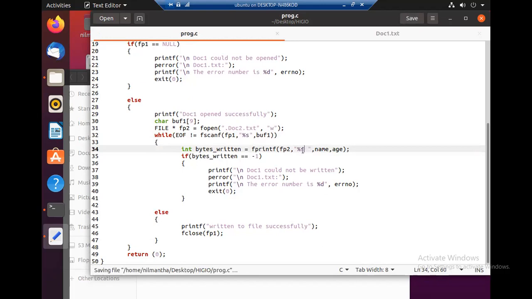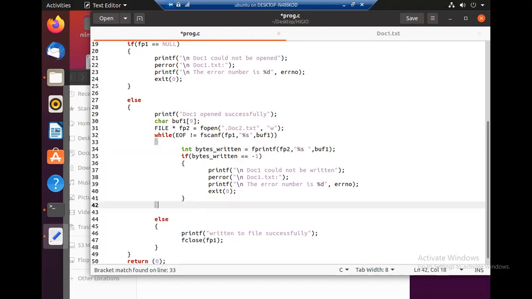So print whatever there is in the buffer with the space. So here it will be buffer1. We use fprintf to file pointer 2 with the content of buffer1. If this is -1, that means we are not able to write to this one, so we have to exit.